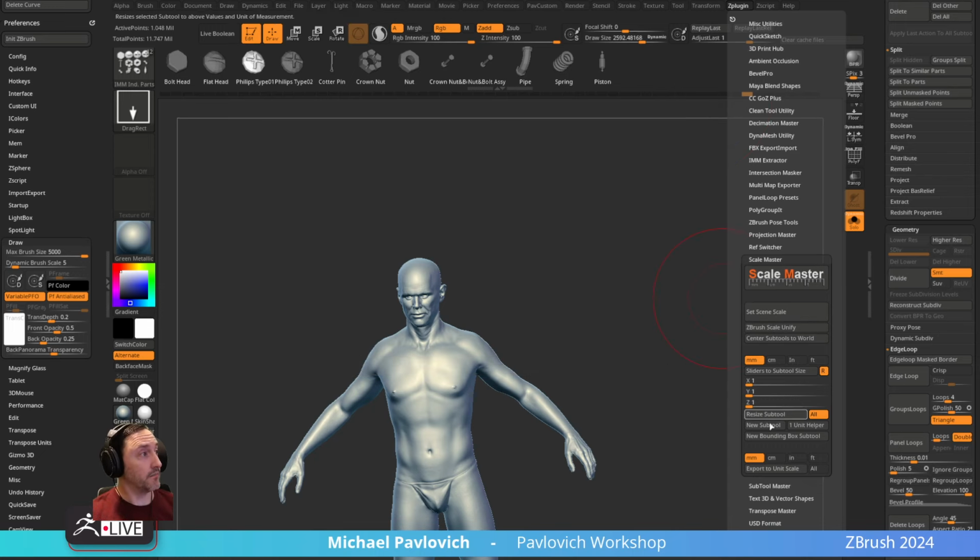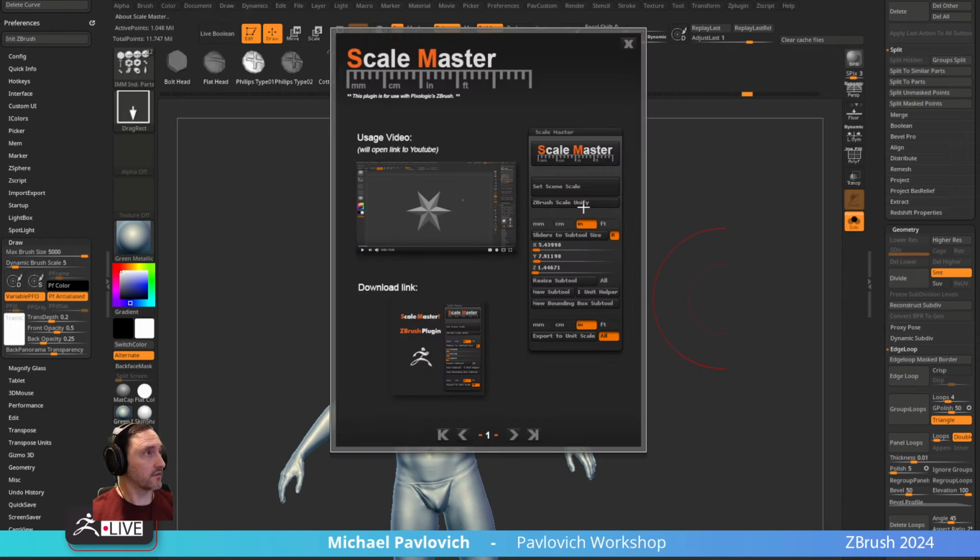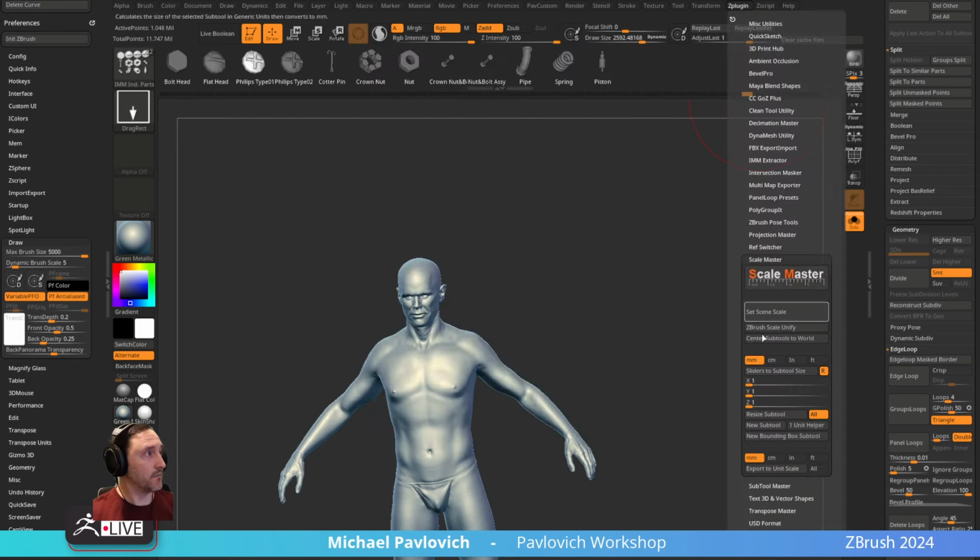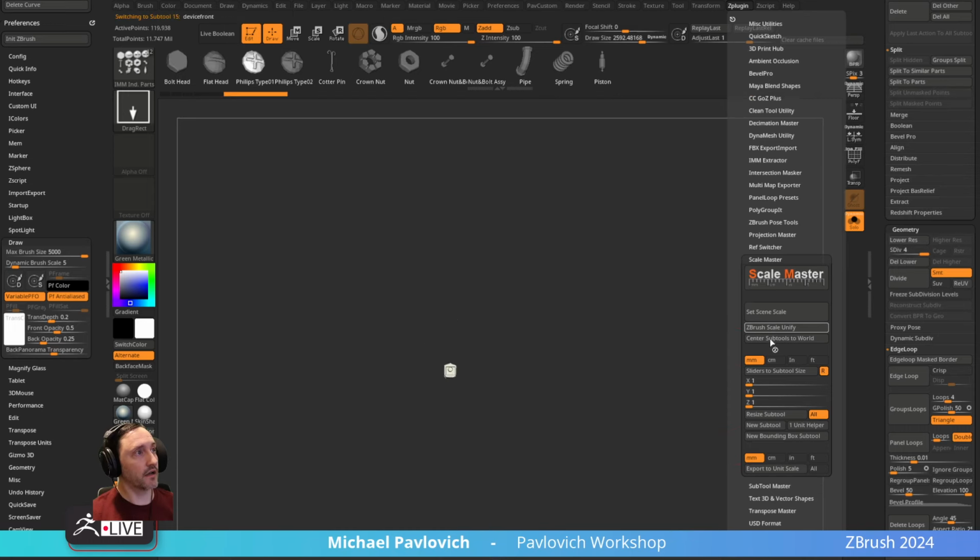You can go in here and make a new one, all you've got to do is click this little sub. This will take you to a video that explains how it works. But you can go in here and dial that in, and then match the bounding box scale that you create. You can also go in here to ZBrush Scale Unify, and that will knock all of your subtools down